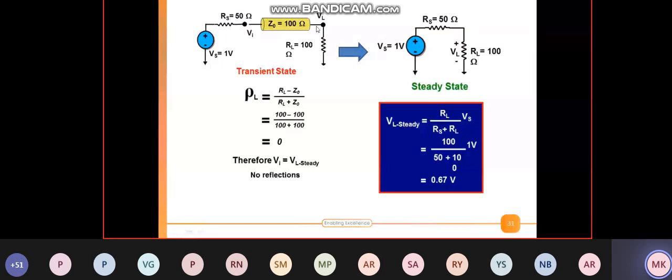But at the bias condition, you will see that your voltage has dropped down to 0.67. Your steady state condition was 1 volt, but this is the cost you have to pay once you start adding these topologies in order to avoid these challenges. You won't see any overshoot or undershoot, but there will be a voltage drop in the signal. Until it crosses the high and low thresholds, we should be fine with that.